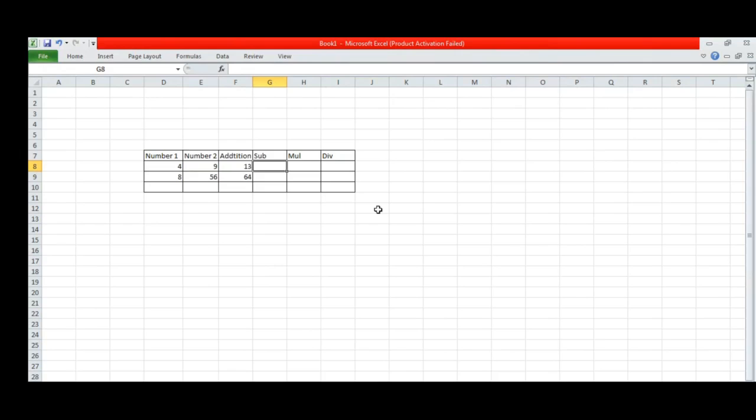Greater value minus smaller value. So equal to E8 minus D8.